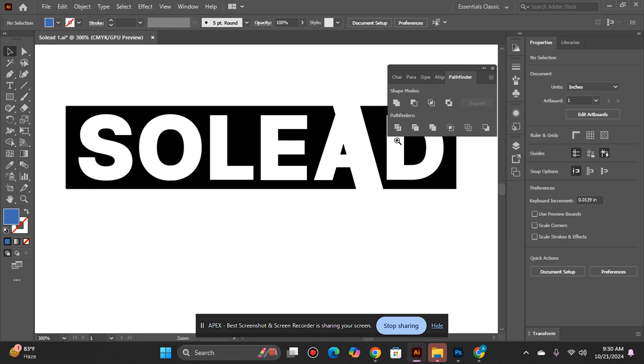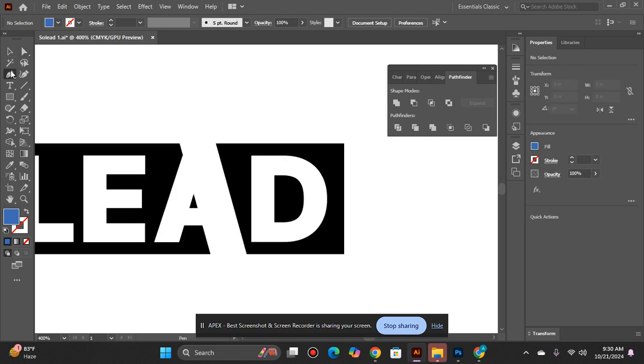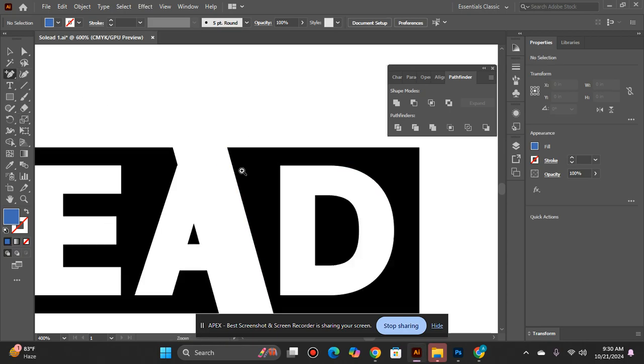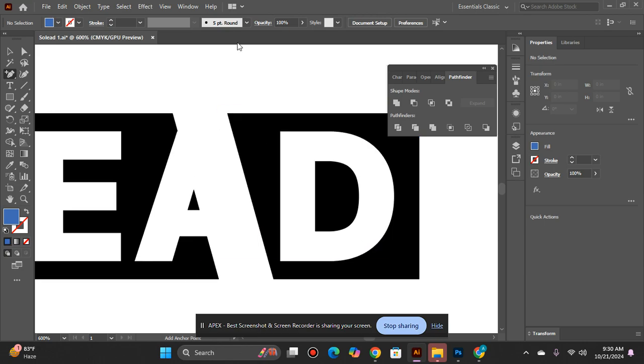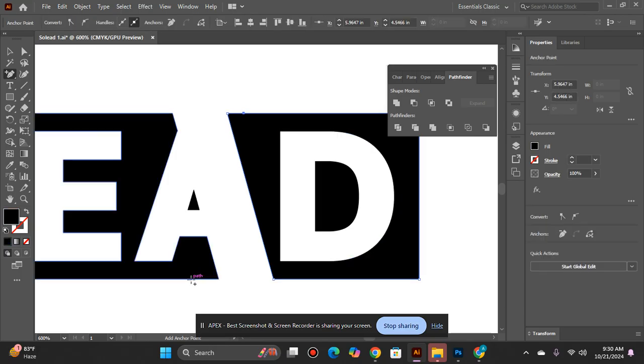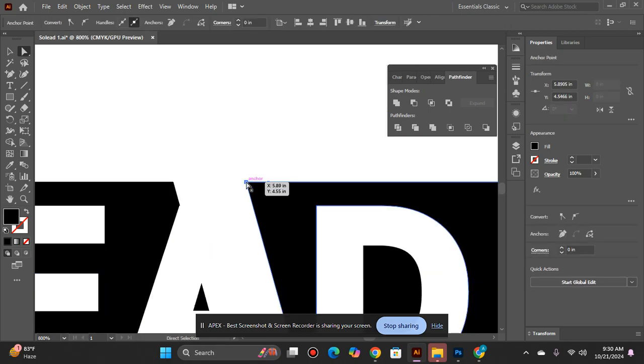And now I'm going to take this pen tool and this add anchor point tool plus. Now taking this and this. So now we are going to point this and this. Okay, and now go to direct selection tool and click this and